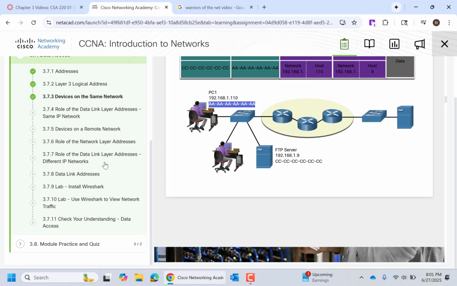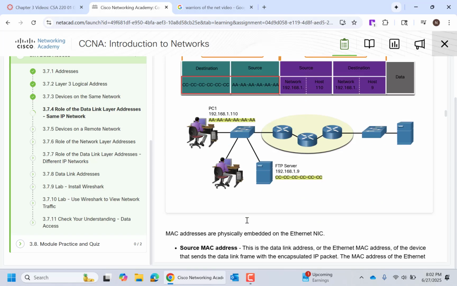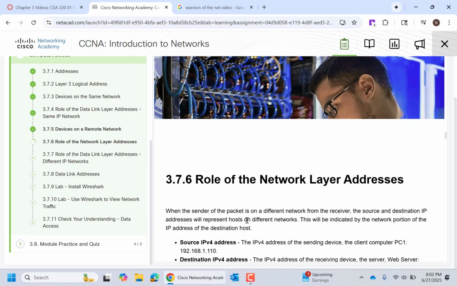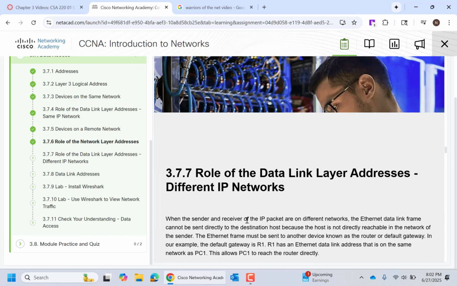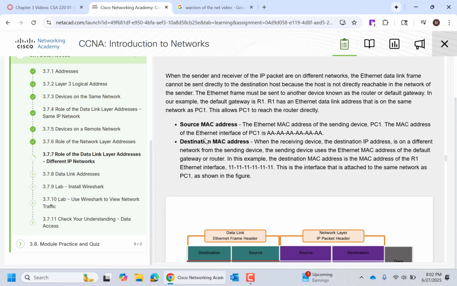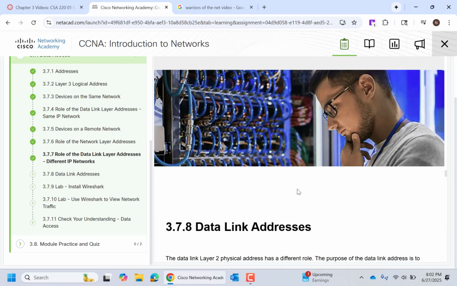So I highly recommend that you guys, again, read this chapter, take a look at that Warriors of the Net video, take a look at the OSI model. I know that's a lot of time, but this chapter sort of lays the foundation for everything to come. It's only going to make things easier for you. So just talking about the role of how those different addresses work: MAC addresses, IP addresses, source, destination, all of that sort of stuff.